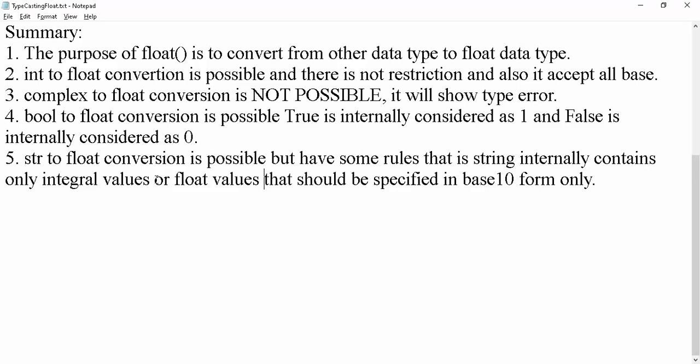Complex to float conversion is not possible. It will show type error, the same as the int function. Bool to float conversion is possible. True is internally considered as 1. False is internally considered as 0. String to float conversion is also possible, but here also we have the same rules. The string internally contains only integral values or float values that should be specified in base 10 form.